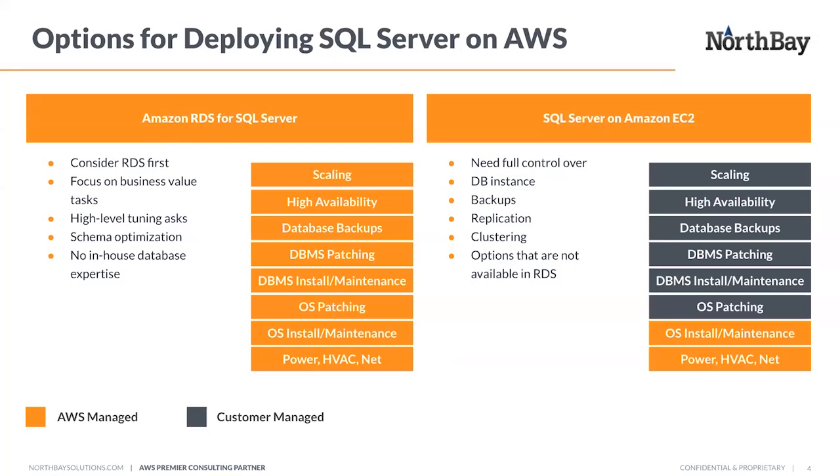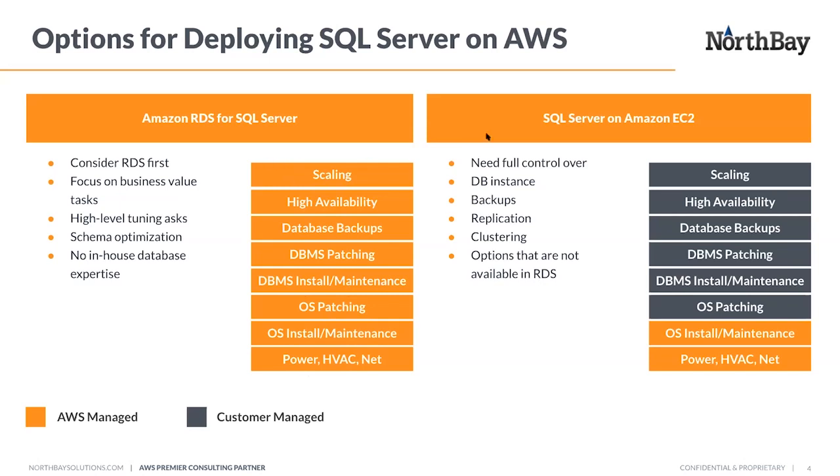Okay, some of the key benefits, I would say, is that when you go with managed services, you don't need to worry about the things you see here in orange: scaling, high availability, database backups, database patching, database installation and maintenance, OS patching, OS installation and maintenance, power outage, and things like that. So all these things are taken care of by AWS